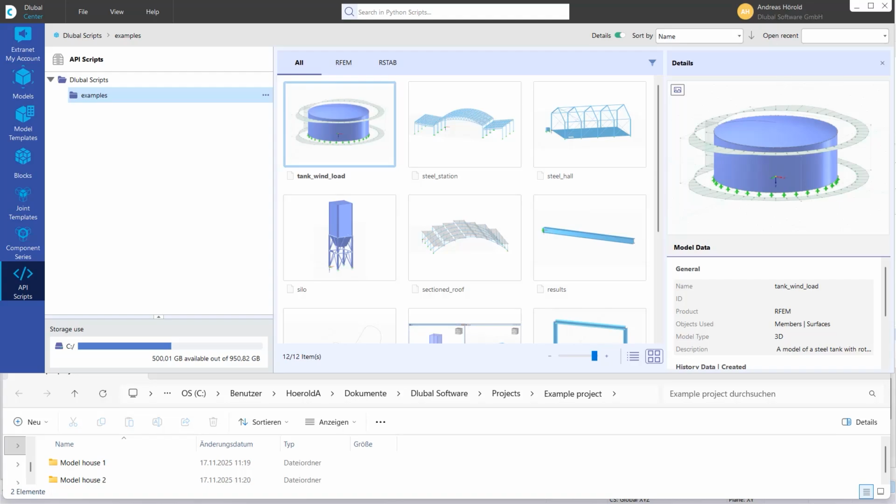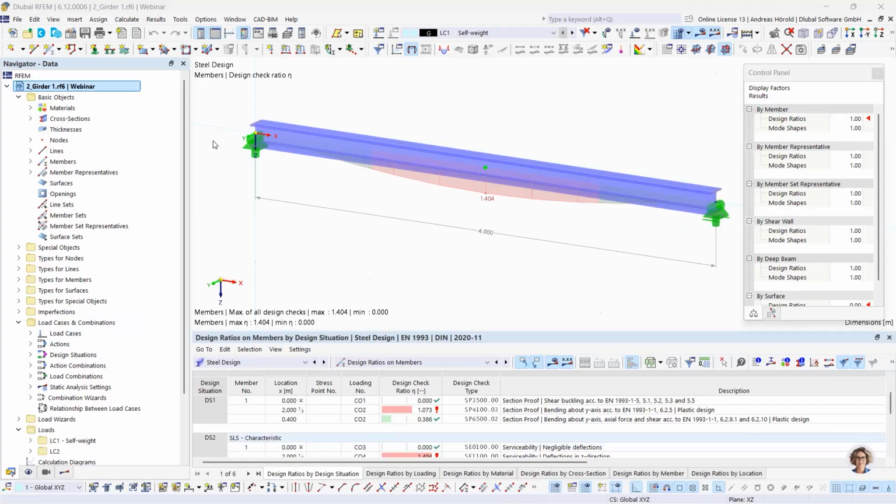Let's turn back to RFEM. The next question is, can I design longitudinal fillet welds according to Eurocode 3, part 8 in RFEM 6? Yes, that's possible now. Soon we release that feature, and I can show you how to do that. I've prepared a simple single span beam here made of a cross section HE